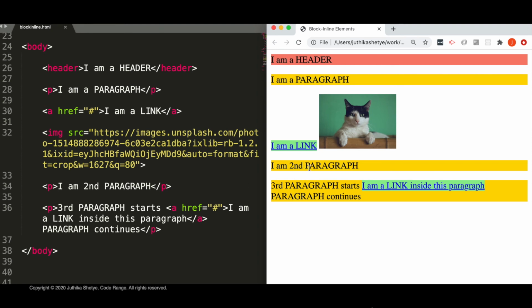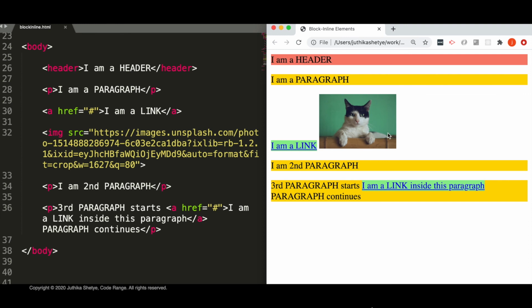And as you can see, it has moved to the next line even though there is some empty space after the image. So this happened because the paragraph and header both are block level elements. And by block level we mean they stretch out to the left and right as far as they can. And the anchor and image elements are inline elements and take up only as much space as the size of their contents.